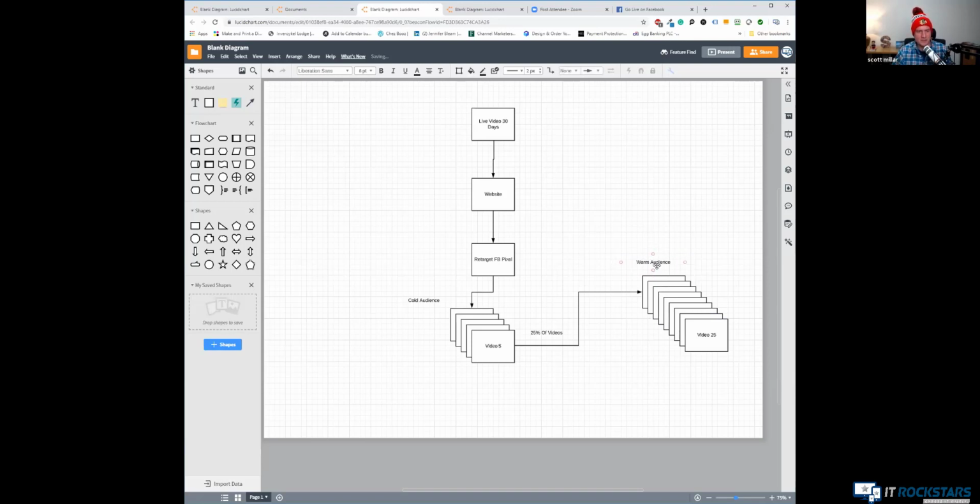And the effect of this, if you set it up correctly within the Facebook Business Manager, is you can basically tell Facebook Business Manager if they watch 25% of the video, add them to the warm audience. And then you can state that if they watch, say, 50% of one of the videos in the warm audience, they never get to see that video again, you show them the next video, and so on and so on. So they will see all videos eventually. What happens with this system is basically you're appearing in their timeline with new content every single day, okay?